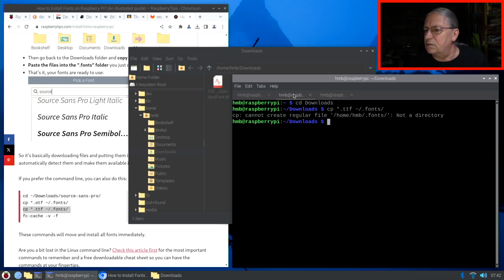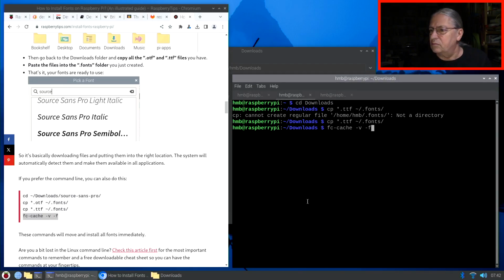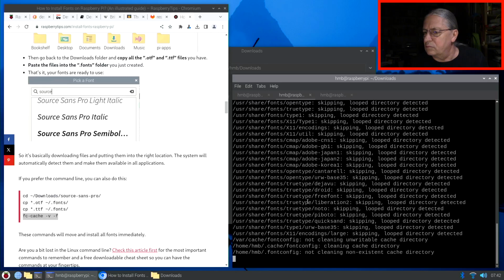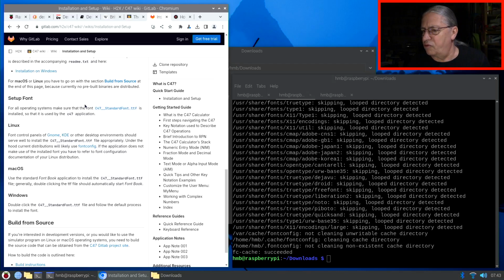Try it again. Yep. And now this command here. Okay, this looks good. Now we have installed the font, hopefully. And the next step is